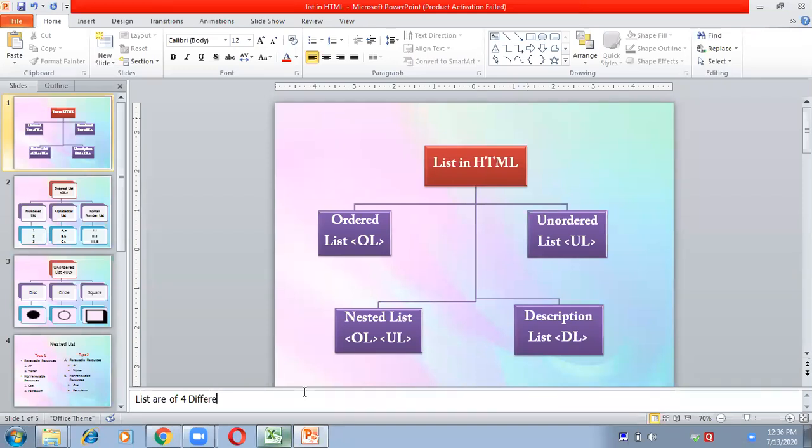Shanvi is asking, ma'am, what was the shortcut for adding a new slide? Okay, Shanvi, the shortcut is Control plus N. Aditya is asking, ma'am, will speaker notes be present on the slide or only we can see? Yes, the person who is presenting the slide, that person can see the speaker notes. Nobody else can see them. So that is the feature of speaker notes.